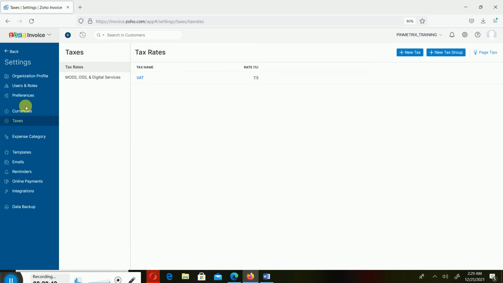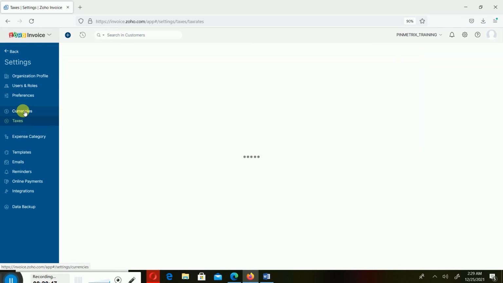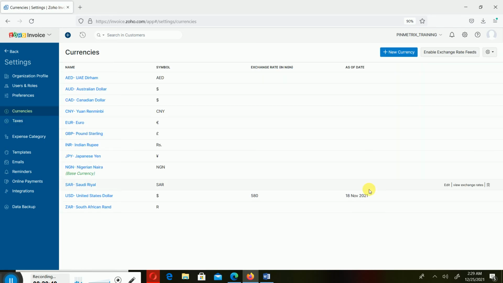Currencies and exchange rates. So still under this, just click on currencies. Now the system comes with predefined currencies. You can add yours. If there is a particular customer you are dealing with, or based on the setup you are doing for your client, they have specific customers with different currency, you can add the new currency. You just click on new,